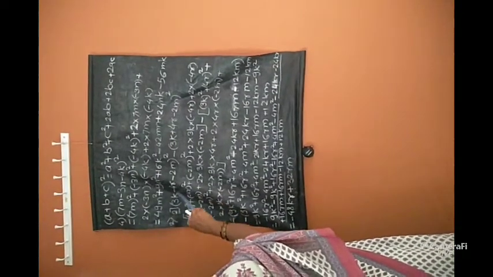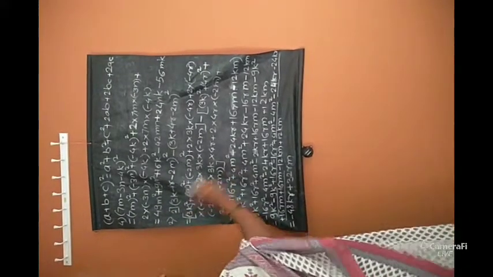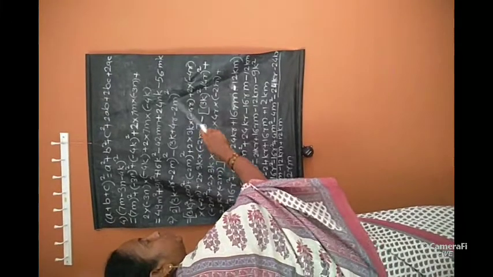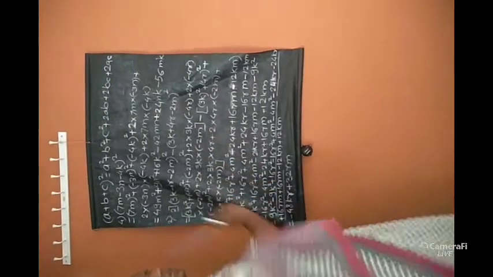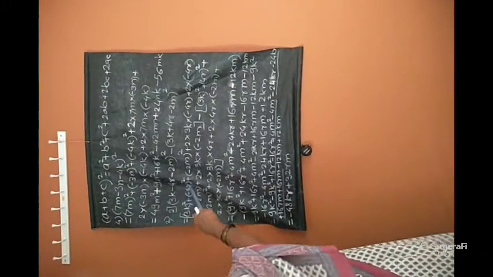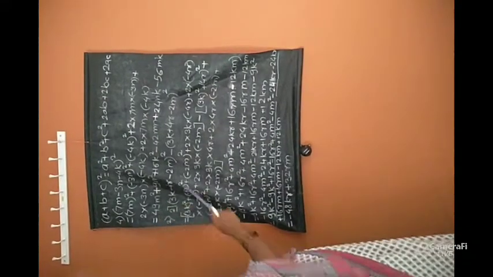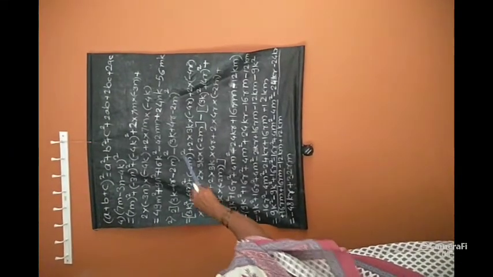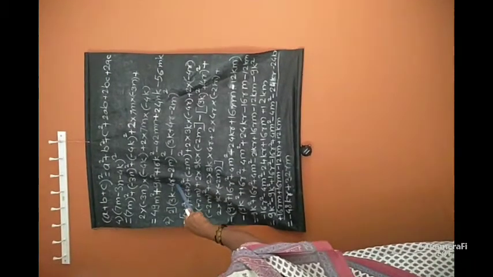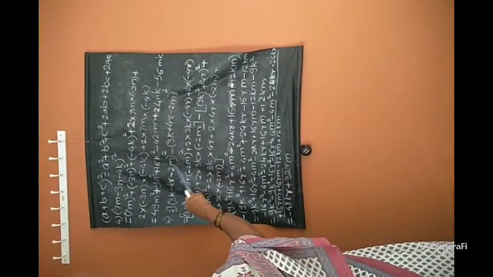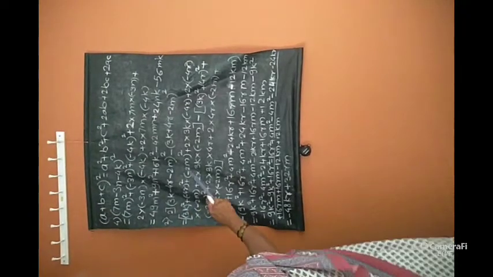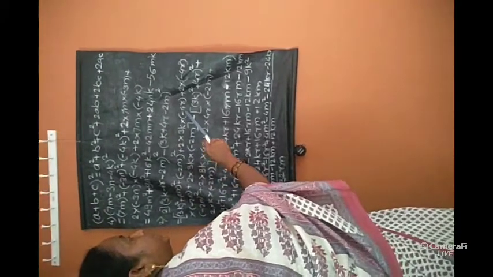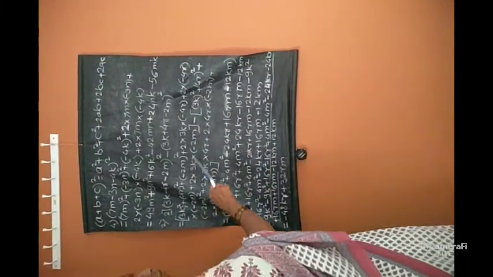See the example: (3k − 4r − 2m) whole square. This is the first bracket. Minus (3k + 4r − 2m) whole square. This is the second bracket, and subtraction is given in between them. Now expand each bracket separately and then do the subtraction. It is equal to (3k) square plus (−4r) square plus (−2m) square. The value of a is 3k, the value of b is −4r and the value of c is −2m. They are expanded separately. Plus 2 into 3k into −4r, plus 2 into −4r into −2m, plus 2 into 3k into −2m.